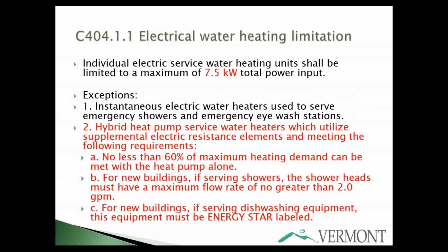Then section C404.1.1, electrical water heating limitation. This section covers the maximum size of an individual electric service water heater. In the 2015 CBES, the maximum size was 5 kW, and there was no heat pump stipulation. The 2020 code increases the maximum size to 7.5 kW and includes the following heat pump exception, meaning that heat pumps are allowed for sizes larger than 7.5 kW when